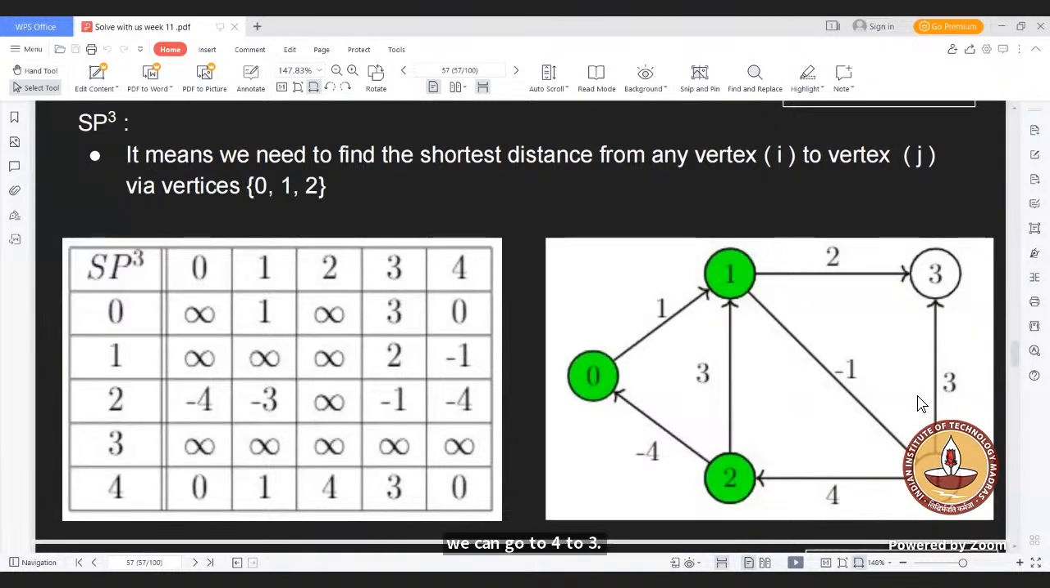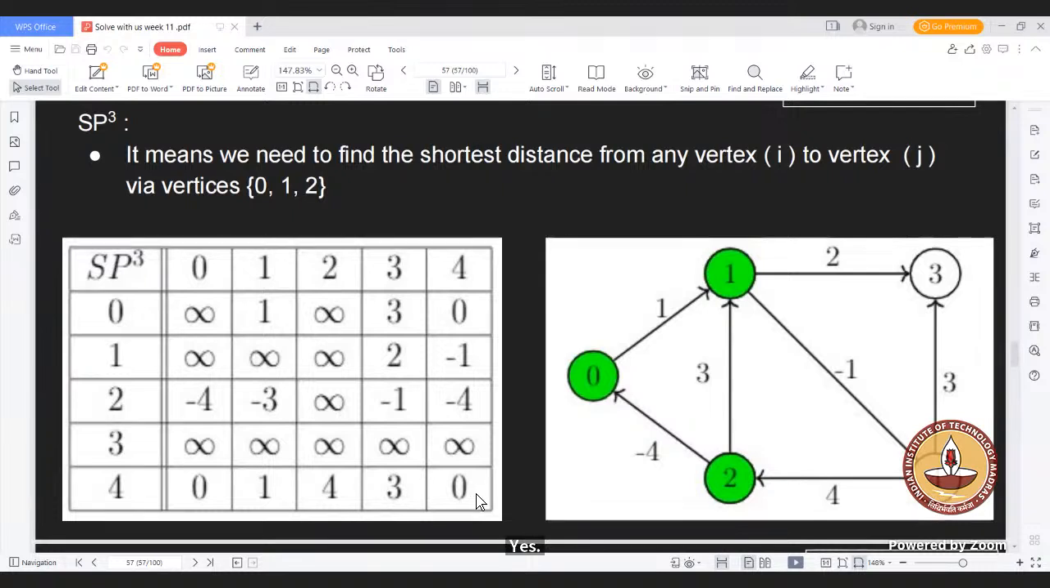We can use direct. Using one, yeah, direct. Using two, it is a zero. It is a direct edge. Okay, there are no intermediate vertices. The intermediate vertices should be 0, 1, and 2. Since there is a direct edge, we can directly go. And 4 to 4,